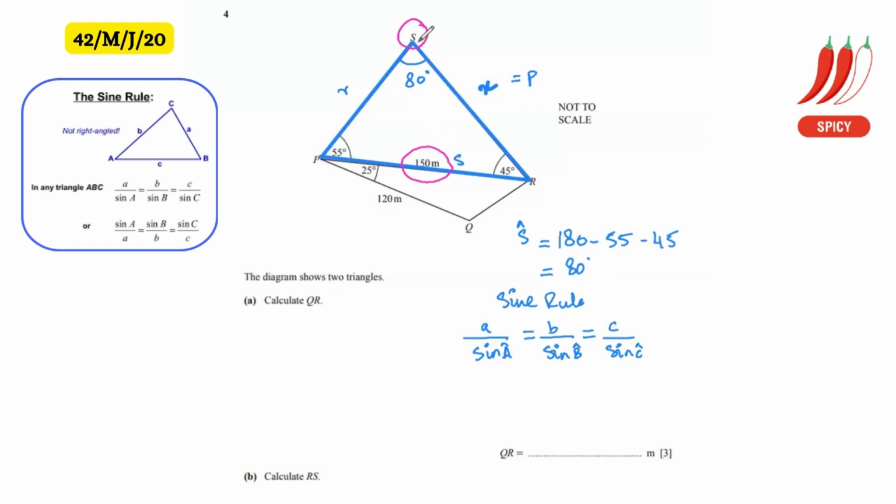So in our case, we have S, we have angle P, and they want us to find the length of P. So we'll do 150 over sine 80 equals